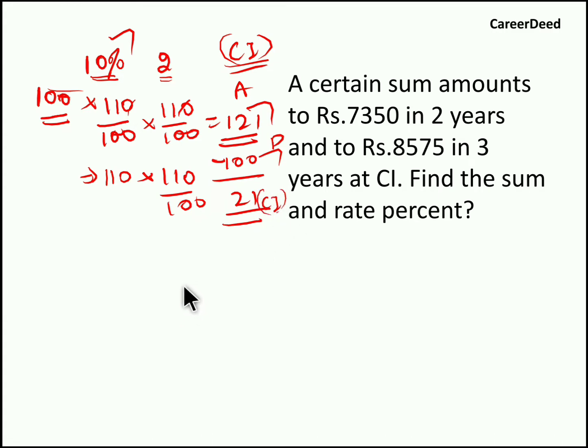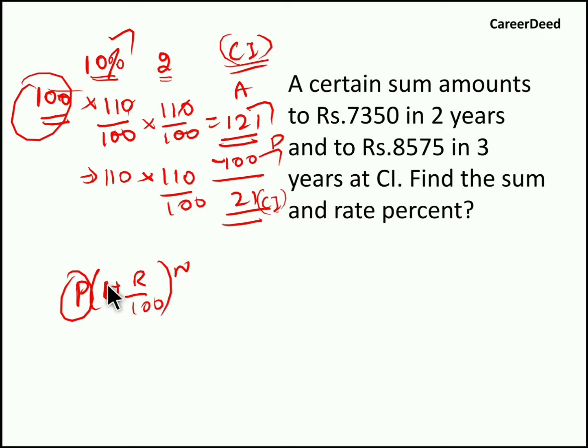So for this only we use the formula P into 1 plus R by 100 to the whole power n. So here principal is nothing but 100, and 1 is nothing but 100%, plus rate of interest we are adding, right? So rate of interest is 10. So simply 100 plus 10 by 100, we are getting 110 here, right? So for this we are including this part 1 plus R by 100 to the whole power n. So if you solve it, you will get the total amount.